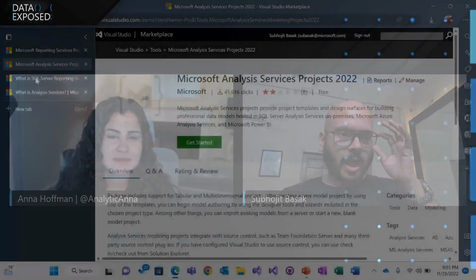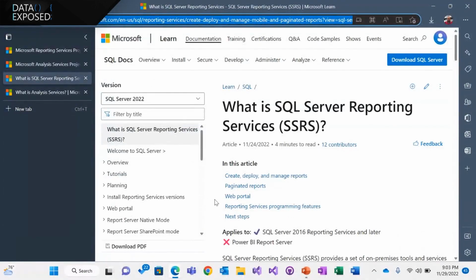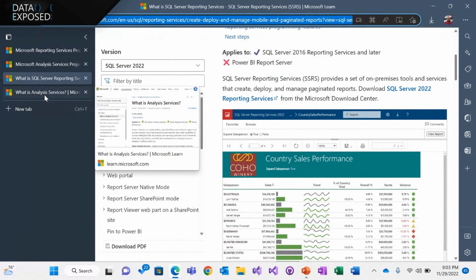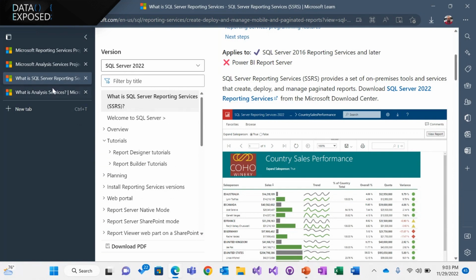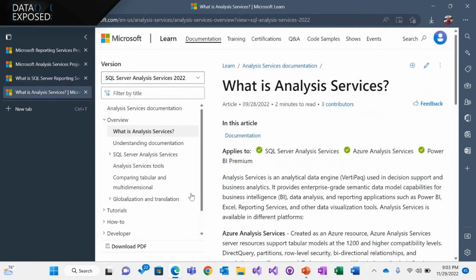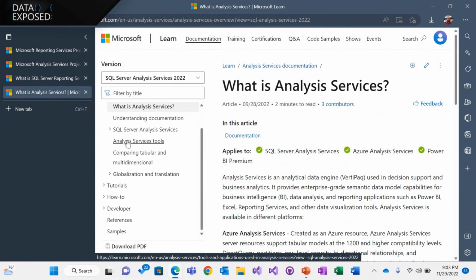There are a lot of resources. We have resources in MS Learn. There are tutorials. They would be given in the description. Also, just as a highlight, we have these as learnings, and we have kept it in such a way that it is step by step. If you look at the tutorials, it goes step by step into making you be able to create a report or create a data model in very basic layman language, so that somebody who's not very tech savvy would also be able to understand and create their own model. So this is something which you can really use and learn Analysis Services and use it in your Visual Studio.